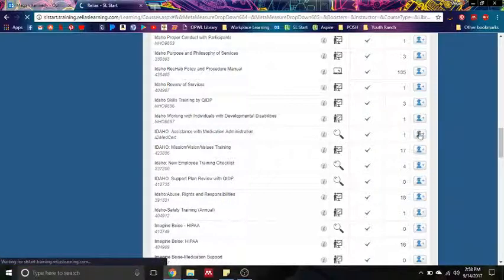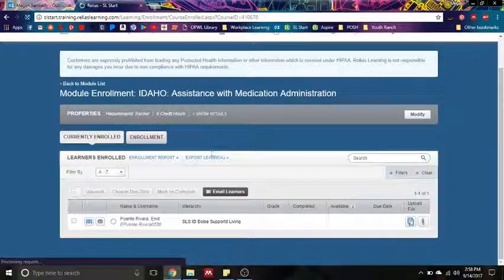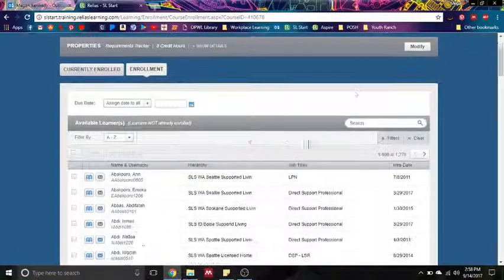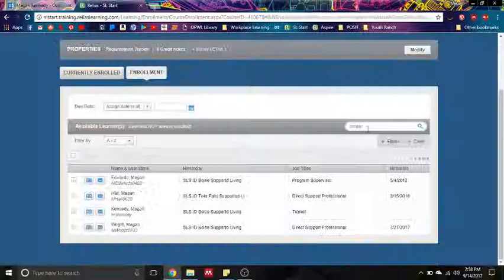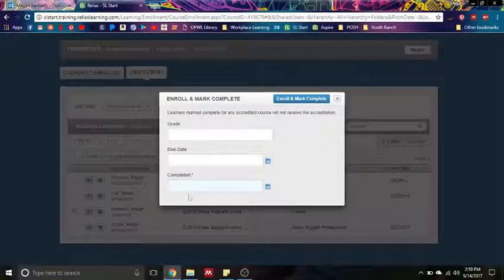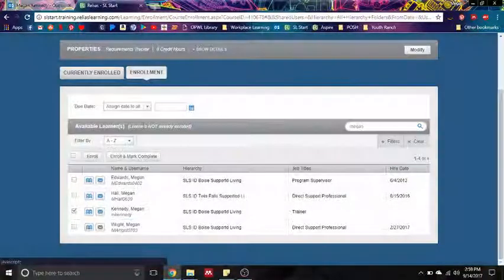I'm going to go ahead and go to enroll. Defaults me to currently enrolled. If I want to add someone new, I'm going to go to enrollment. At that point, I would choose who I want to enroll, select them, and I can either enroll, showing that they are anticipated to take the course, or enroll and complete and allow me to complete the day that they completed the course. If I click enroll, there will be a little bit of a wait period before it puts them actively in